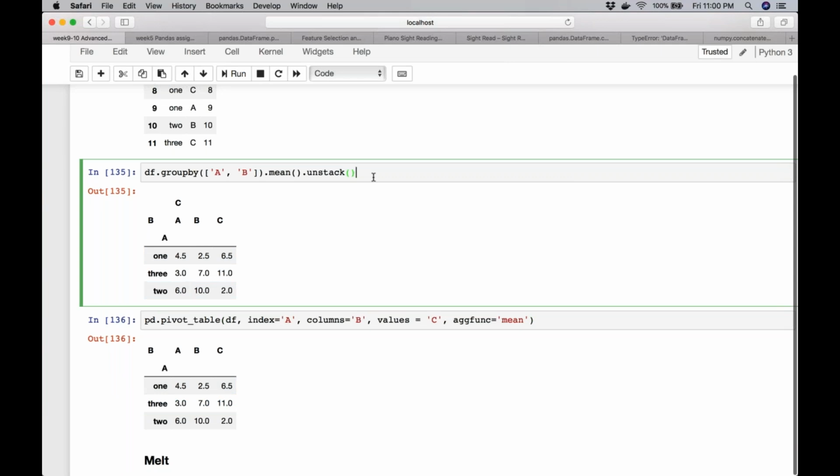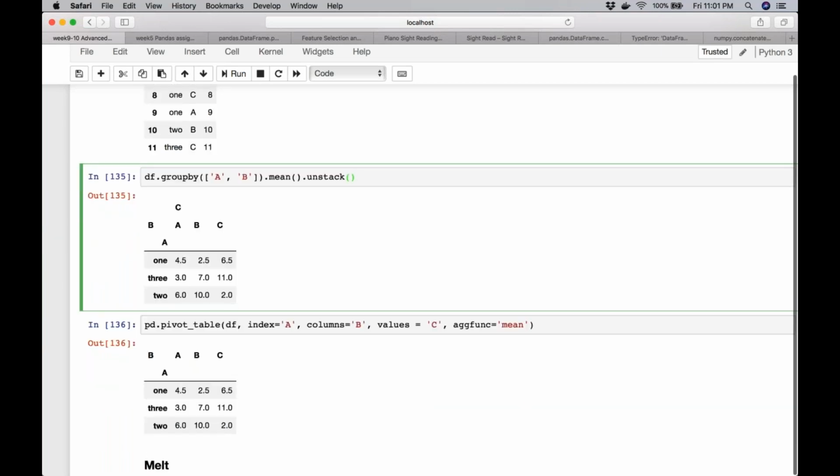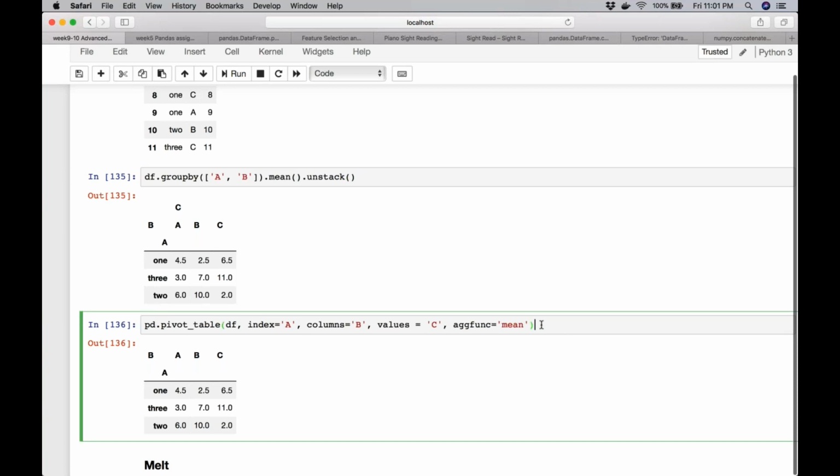Are we clear on this now? So we essentially learned two things. If there are no duplicates in the indices, we can use set index and then unstack. If there are duplicates, we can use group by and unstack. And the appropriate function to use in the first instance would be pivot. Parameters remain the same: index, columns, and the values. In case there are duplicate indices, you need to aggregate, right?